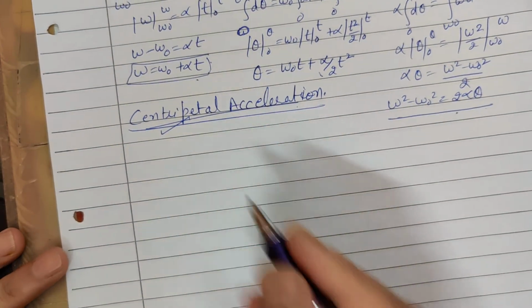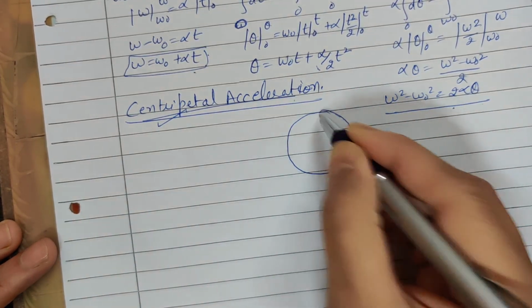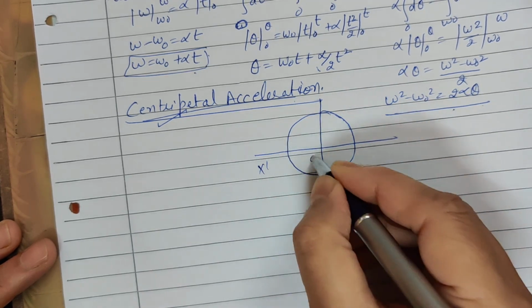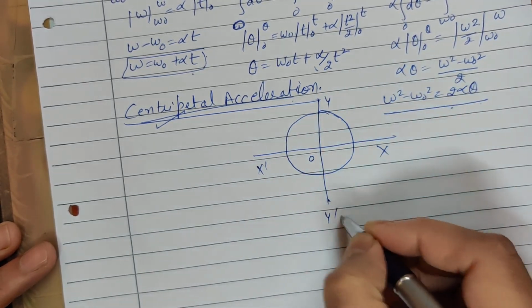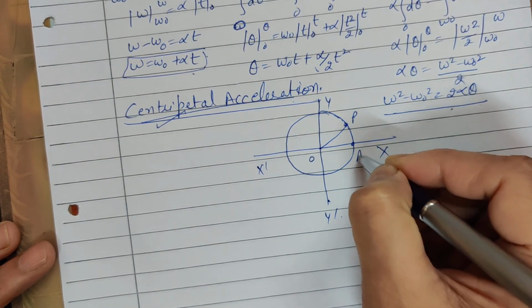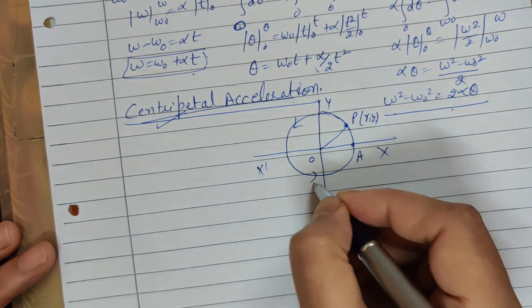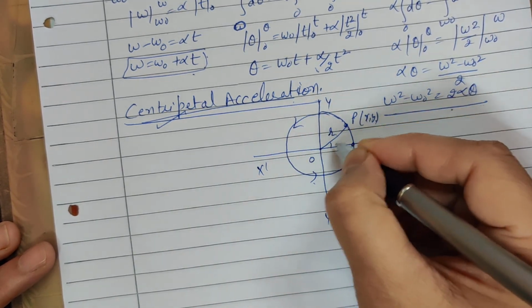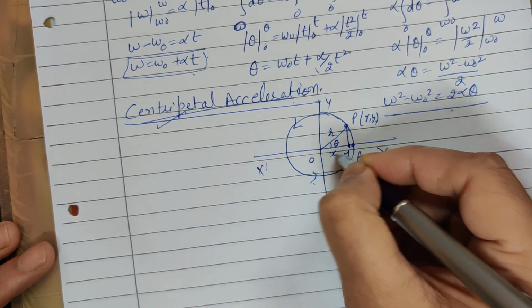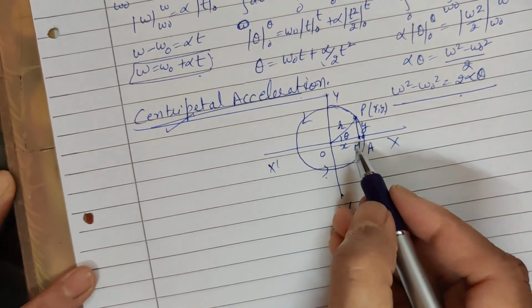So now we derive this. We have two methods. This is the circular motion, axes Y, OY', and we have the point P here. This is the starting point A, coordinates x, y, with anti-clockwise motion. This is r, theta, and we have the perpendicular here, M. This is x and this is y. These are the values.